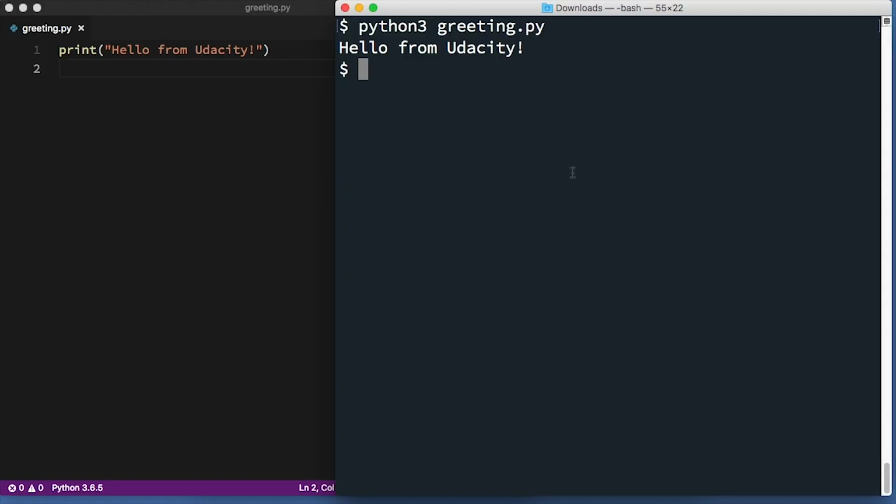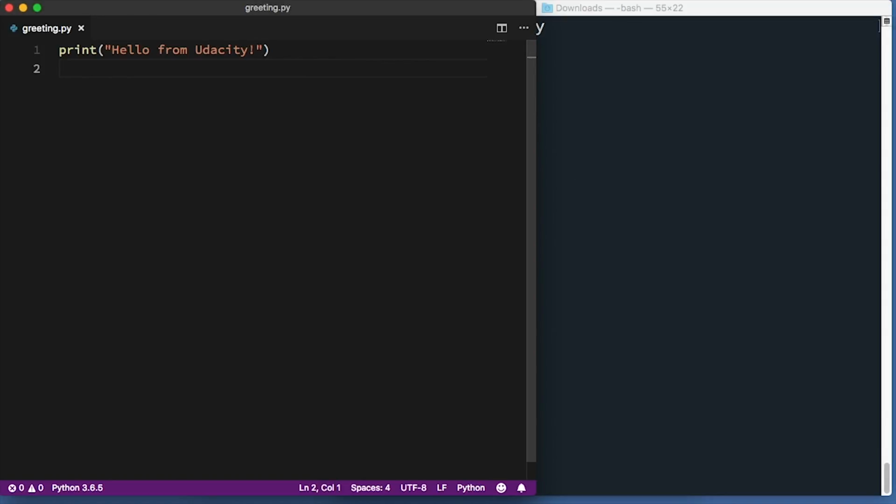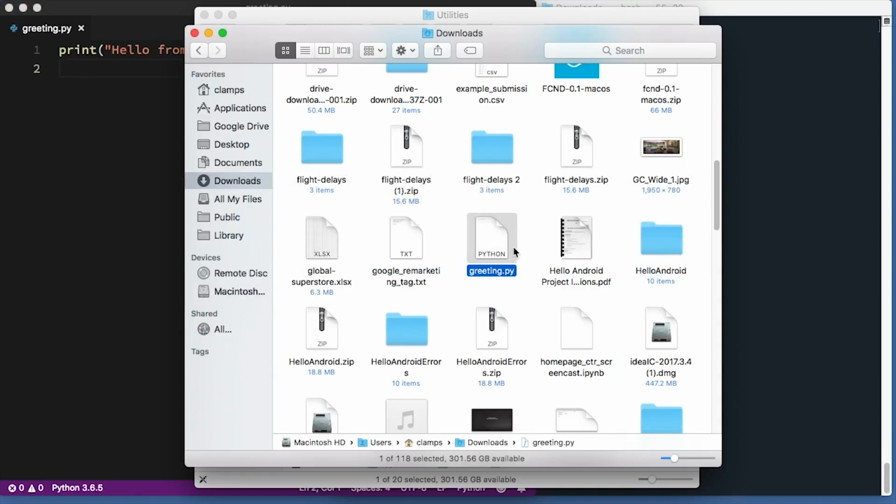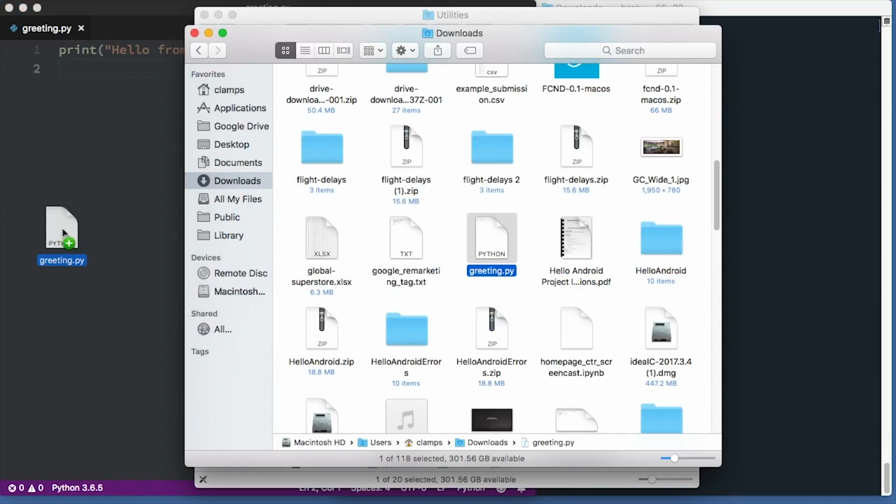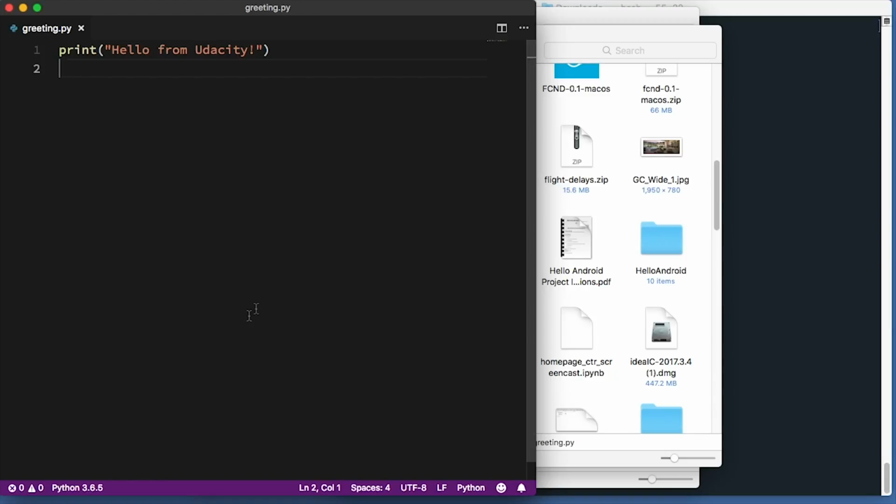Now that we've tried running the program, let's take a look inside. Earlier in this course, you used a text editor to open and edit your HTML and CSS files. We learned that HTML and CSS files were just text files, and the same is true for this Python file. It's just a file with some text in it. If you have trouble opening the file in your text editor, one way that often will work is to drag the file icon into the text editor window.